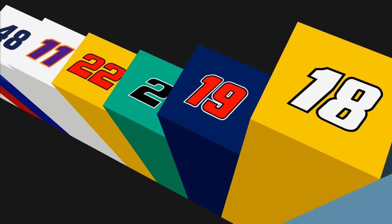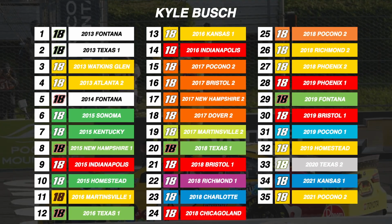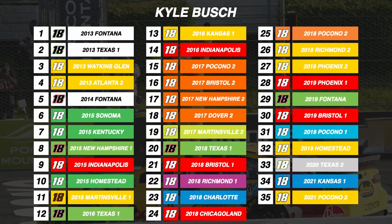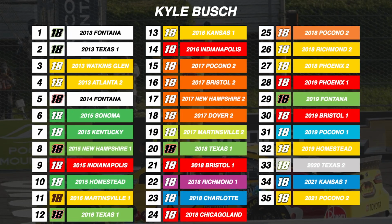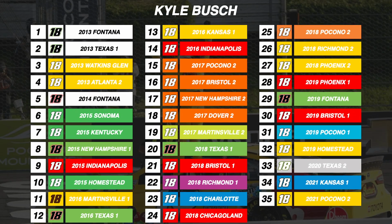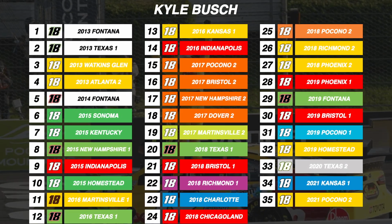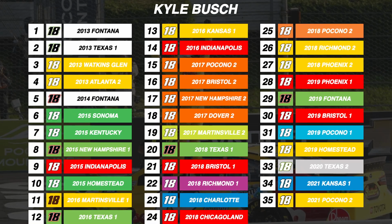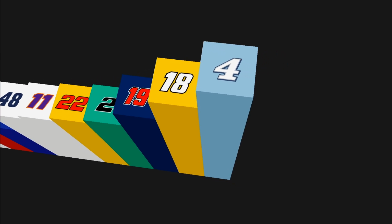In second spot at 35 wins, we have Kyle Busch, winning all 35 races in the number 18 car. He is of course a 2-time champion in this era in 2015 and 2019, but he missed 11 races in that 2015 season when he was winning a lot, so I wonder how high he could have gotten himself on this list, maybe a bit closer to 40. A few notables on this list include a couple of Brickyard 400s in 2015 and 16,